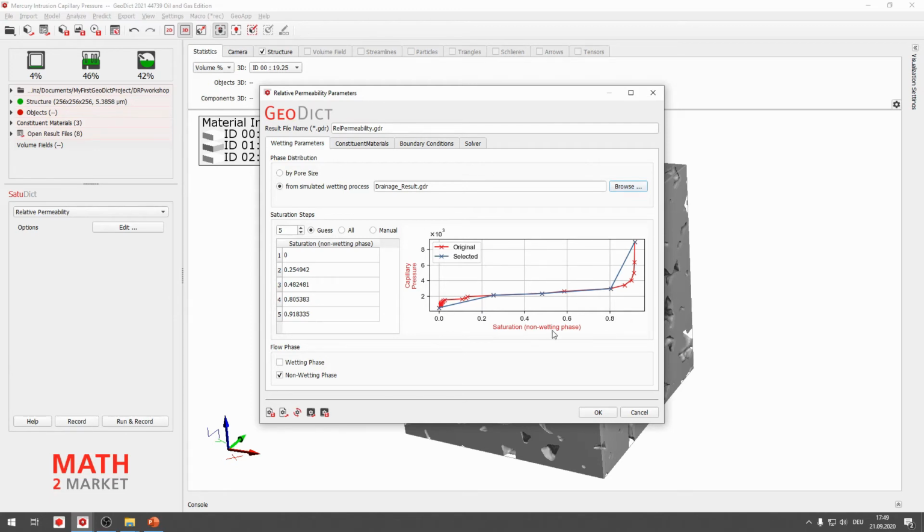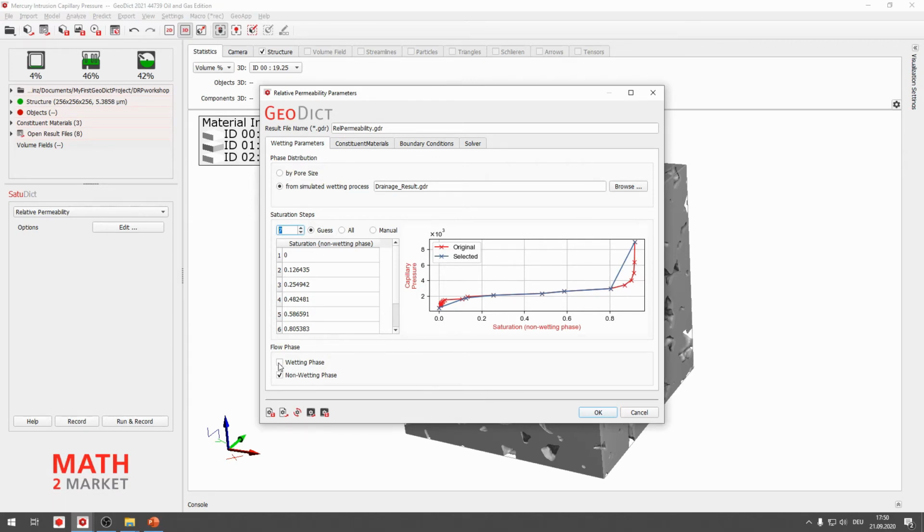Now here was the non-wetting phase on the x-axis. So the saturation of the non-wetting phase. We can increase the number of saturation steps so that automatically points are chosen with a nice distribution across the entire axis. So you don't have to choose all of them for a correct relative permeability computation. It's just fine if you choose an intermediate number.